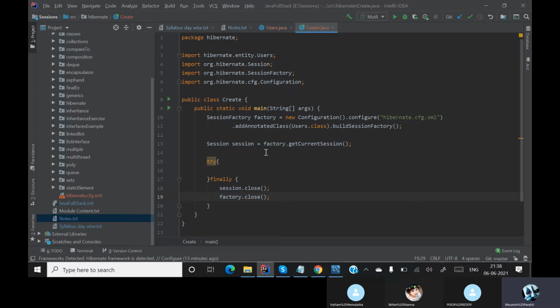To reduce the size of the program, we will close it after everything is done. Whether your program runs successfully or not, we need to close the session and close the factory.